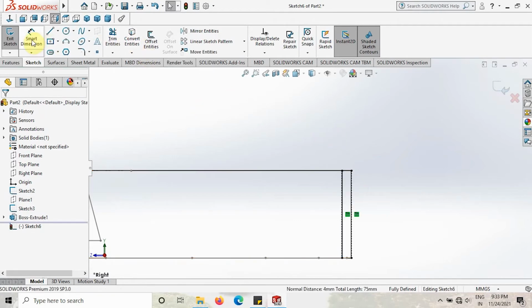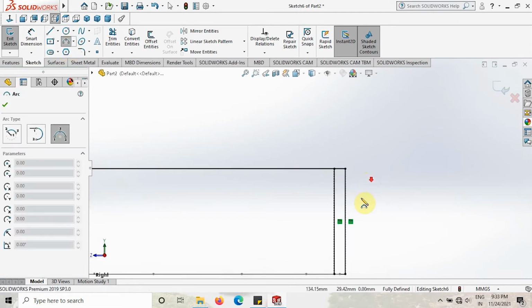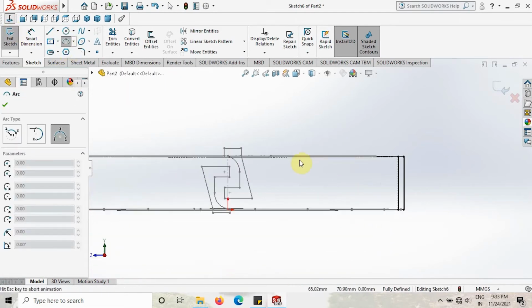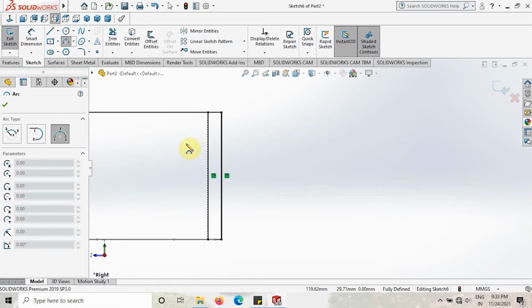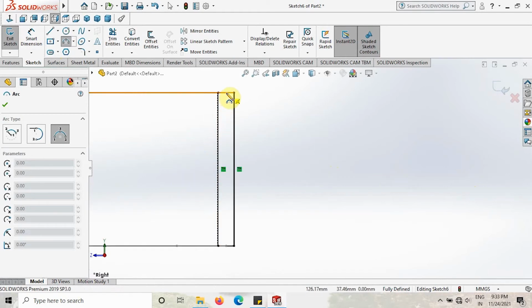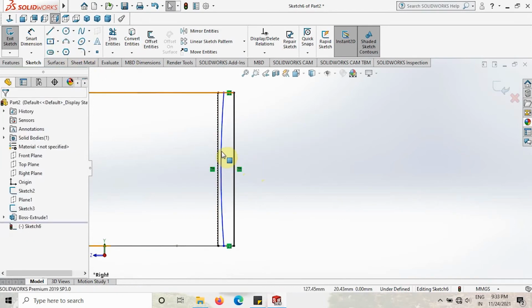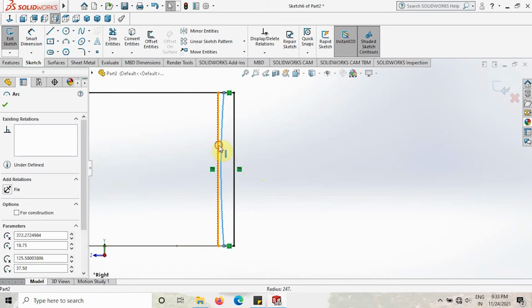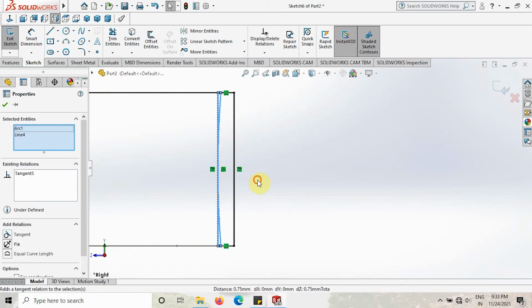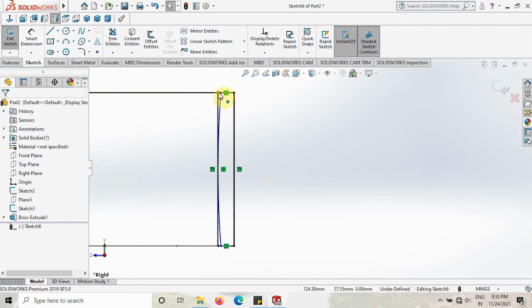Now take the arc option, zoom it a little bit here and click here and then click here. Create one arc like this, click OK, select this arc and select this line and make it tangent, and then take the smart dimension and make this dimension as 1